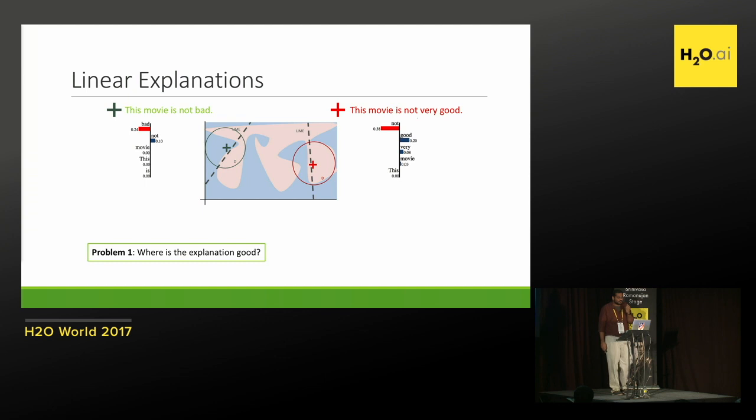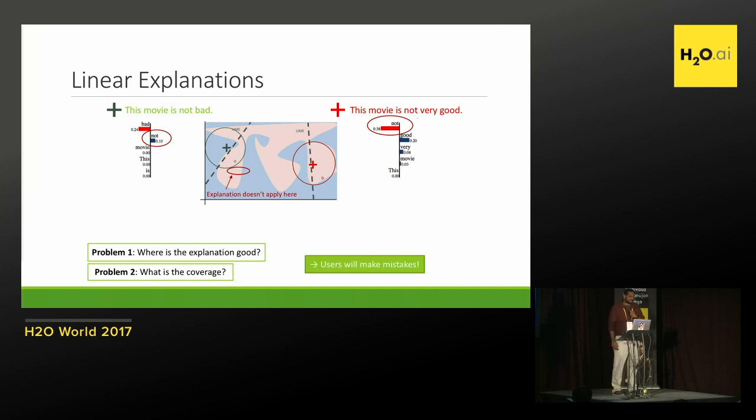Now the problem is, if you're given a new example, how do you know which of these two explanations to use? If I give you another example that has the word not in it, which one would you use? Specifically, if you think about what the line is doing, it's going to be wrong in a certain area completely. Similarly, some explanations are better than others, and LIME is not actually telling you that. The other problem is that the coverage is not clear. So if you have some region here that's pretty close to the original instance, we don't know whether the LIME explanation applies or not.